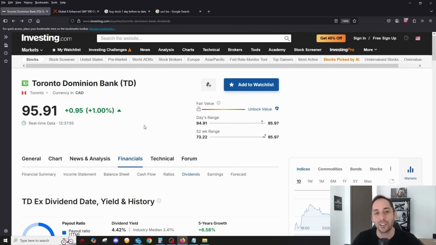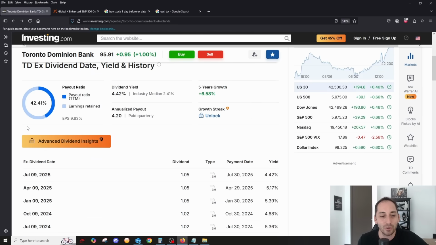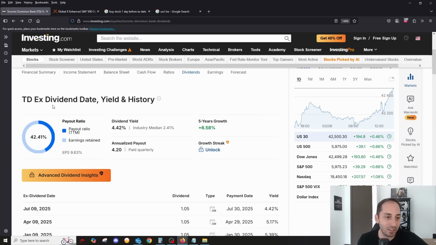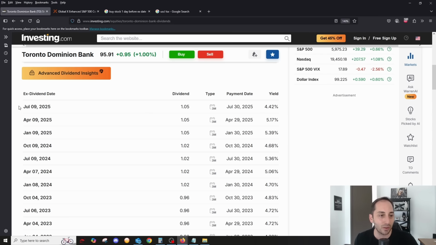We need to understand the concept of the X date, the record date, and of course the payment date. So we're going to stick with TD Bank as our example for this series. If you just scroll down, I'm in the dividend section here, you'll see a term dividend X date or X dividend date, and then there's also the payment date. As we can see here, the X dividend date of the latest dividend is July 9th, 2025, and you actually have the payment date of July 30th,